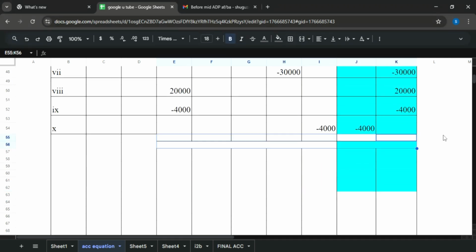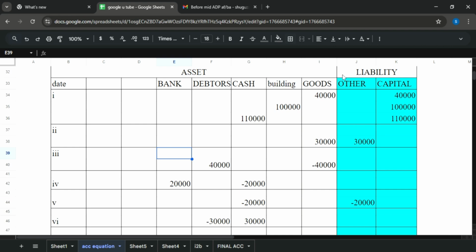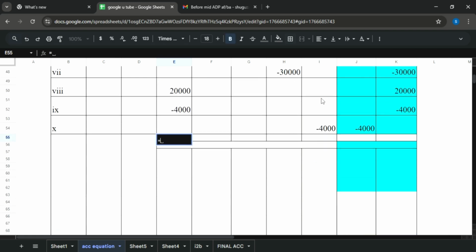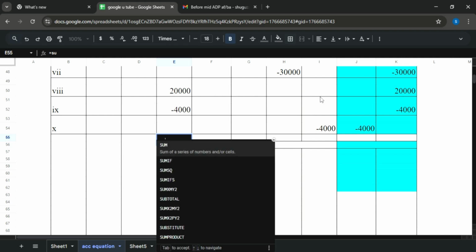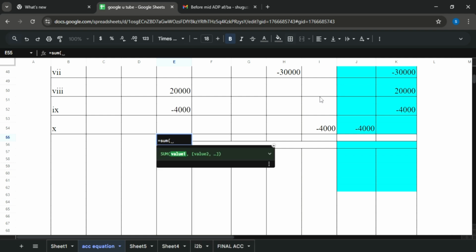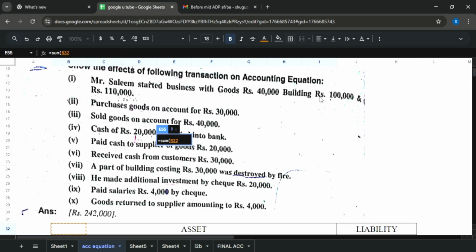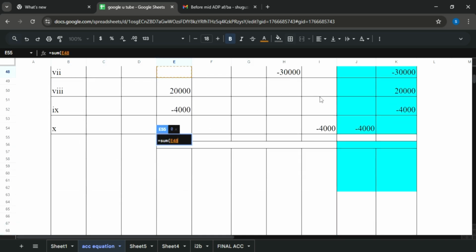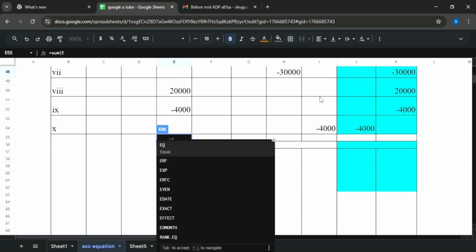Alright guys, all entries are completed. Now I need your attention. This is a very important part. At this stage you will take the sum of all the columns present on the asset side. Look, 1, 2, 3, 4, 5. There are 5 columns. You will take the sum of all these 5 columns. Here I am taking help from Excel. I am going to take the sum of all the columns